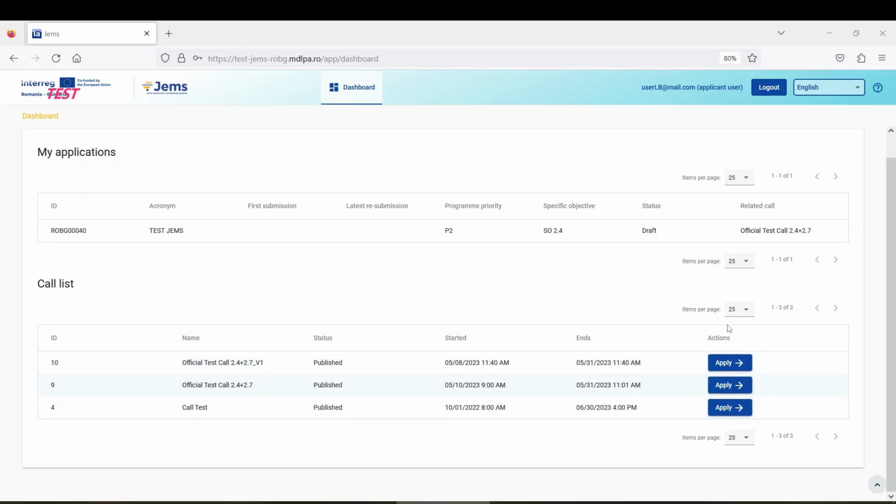And in case you have a call which is not active, then the apply button will not be active and you cannot apply with applications on that related call. In our case, all three calls have active buttons. The information available in the call list table is related to the ID of the call, name, status, when